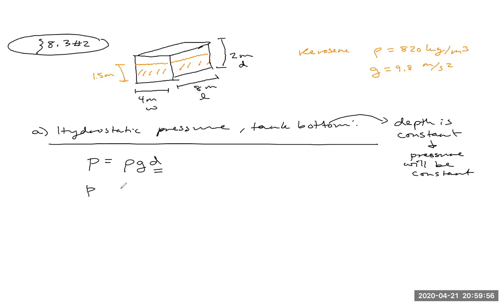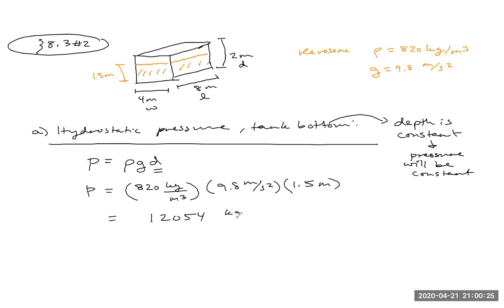So P, that's going to be 820 kilograms per meter cubed times 9.8 meters per second squared. Now for your depth, just be careful here. You're not talking about the depth of the entire tank, right? You're talking about the depth of the kerosene. So that's going to be 1.5 meters. Plug all that in. P comes out to be